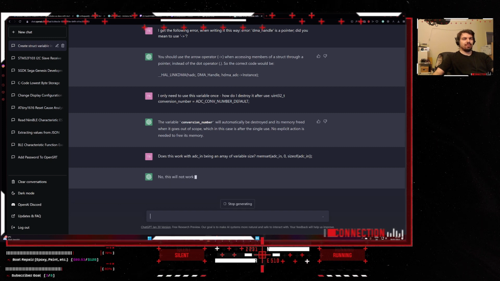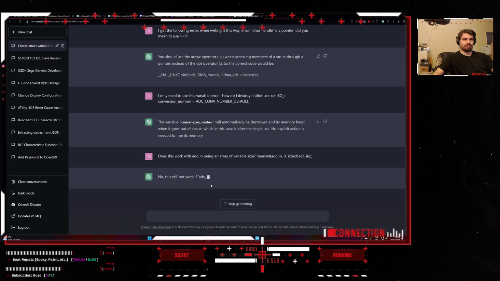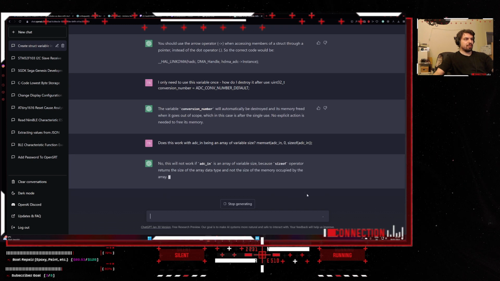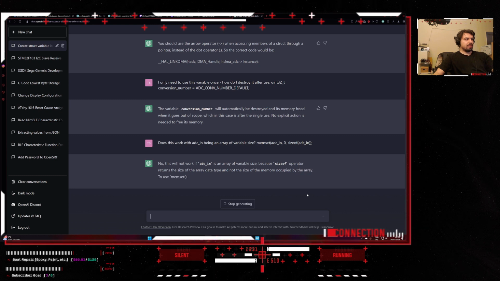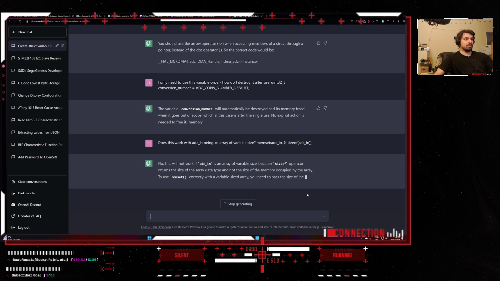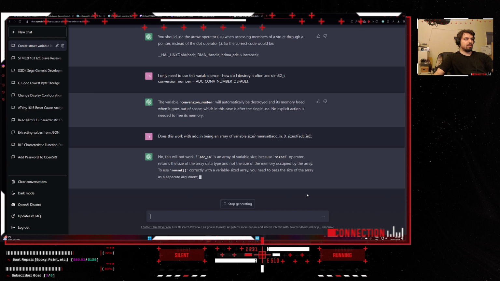Oha. No, this will not work. Genau. Das habe ich mir nicht so gedacht. Oha, oha. Because sizeof operator returns the size of the array data type and not the size of the memory occupied by the array. To use memset correctly with a variable sized array, you need to pass the size of the array as a separate argument. For example,